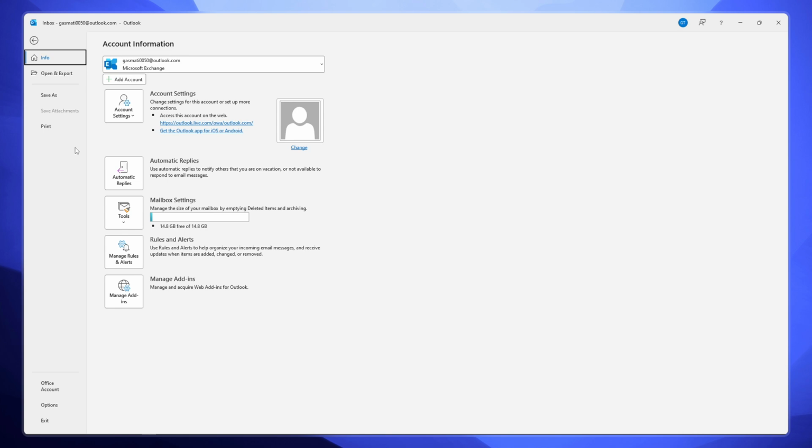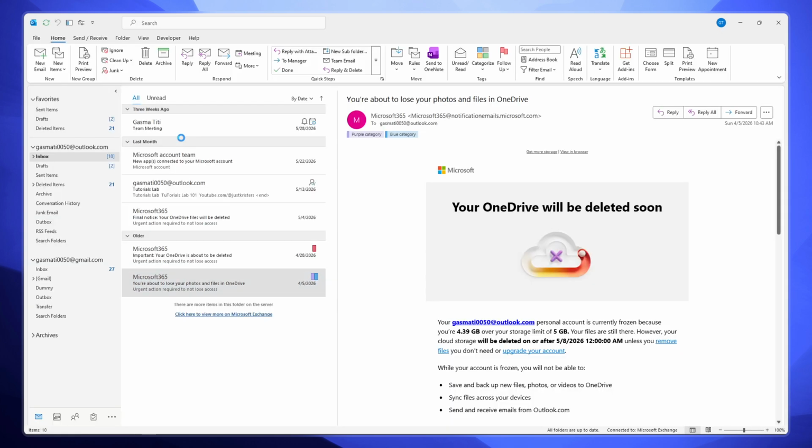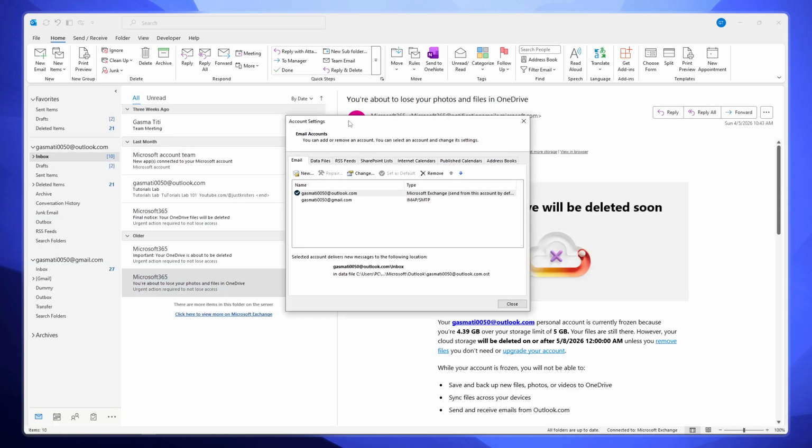Once your File menu has opened, look at the right side of the screen. You'll notice an Account Settings option with a small drop-down arrow next to it. Click on this drop-down to reveal additional options. From the list that appears, you'll see Account Settings listed again. Go ahead and click on it. This will open a new Account Settings window that gives you access to your email accounts, data files, and other